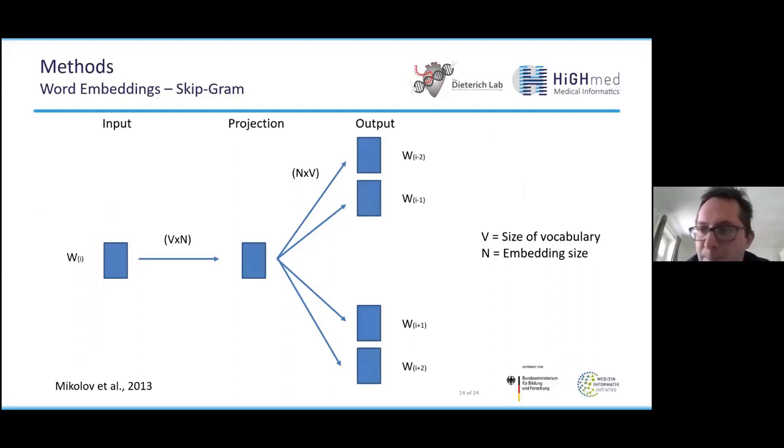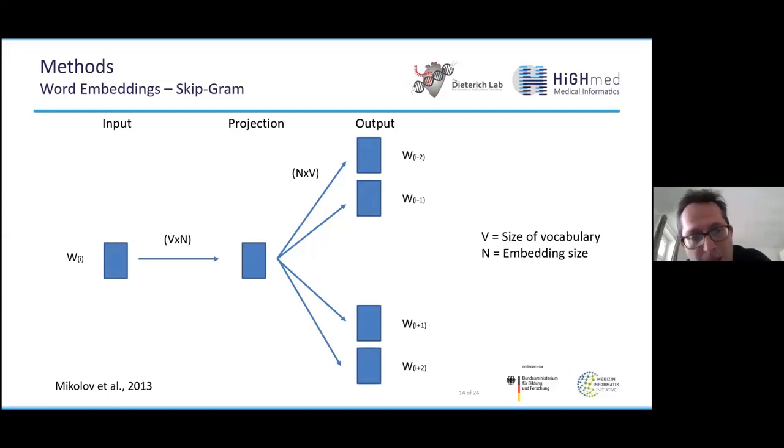Let's focus on the skipgram method. Here you can see we have a neural network with 3 layers: an input layer, a projection layer (a hidden layer), and the output layer. Our objective is now to train such a model in an unsupervised manner. Thus, we don't need annotations. We just train it on a huge amount of text, for example the whole Wikipedia in English or in German.